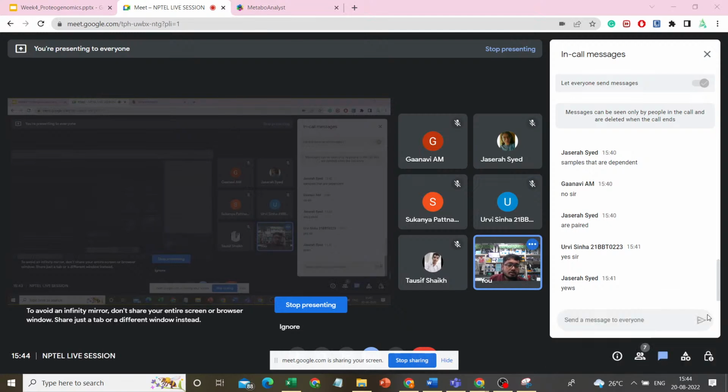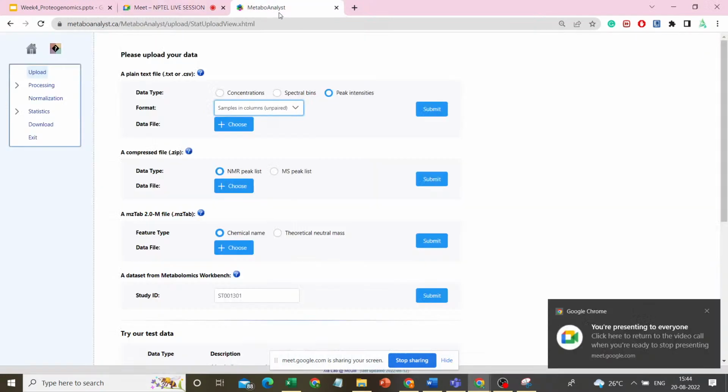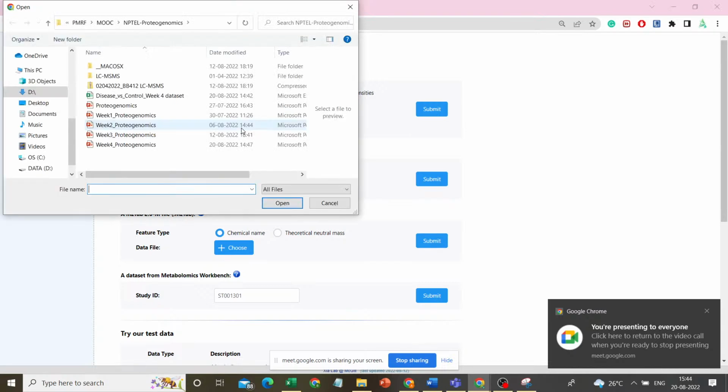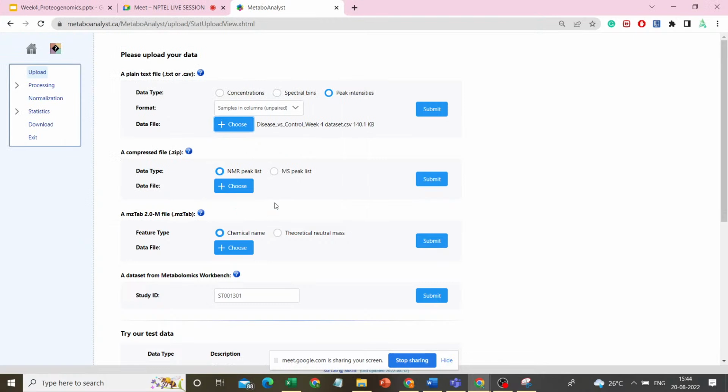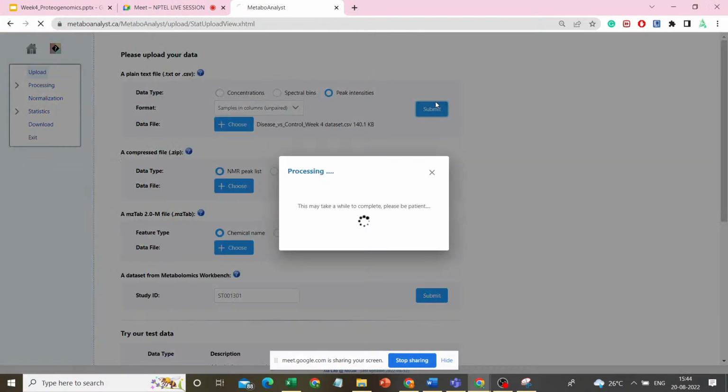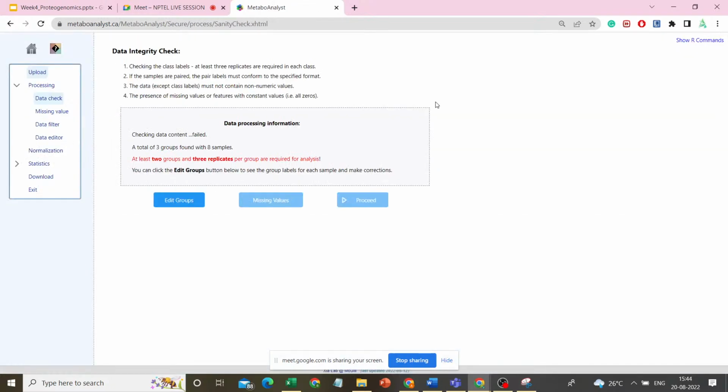Everyone has moved to that portion, samples in columns unpaired. Now we will choose the data file. Where have you kept the data file? Just choose it and then press submit. Okay, so this is an online tool, so it will get